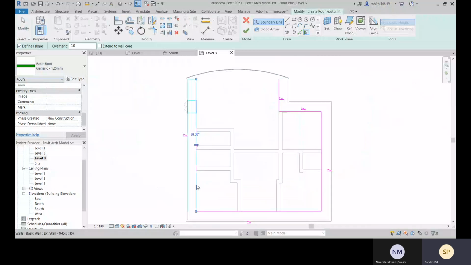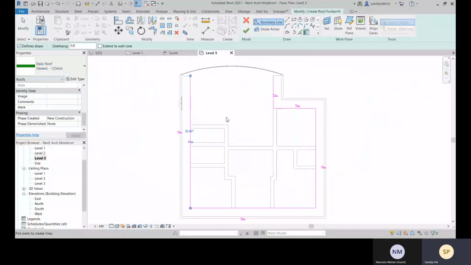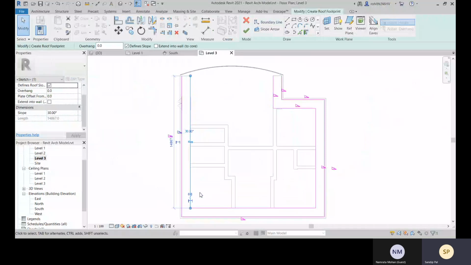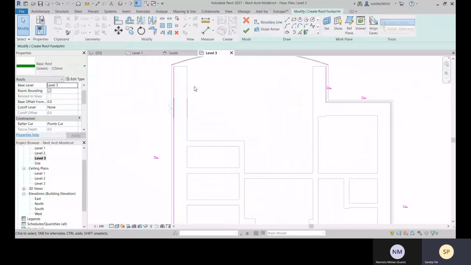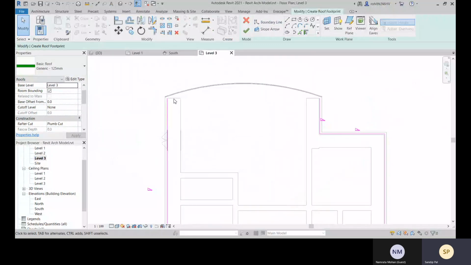After that you can go with this offset value, so let's go with an offset value like 1000. We will select the chain of lines, and we will select these lines and delete them. Now our roof boundary is selected.